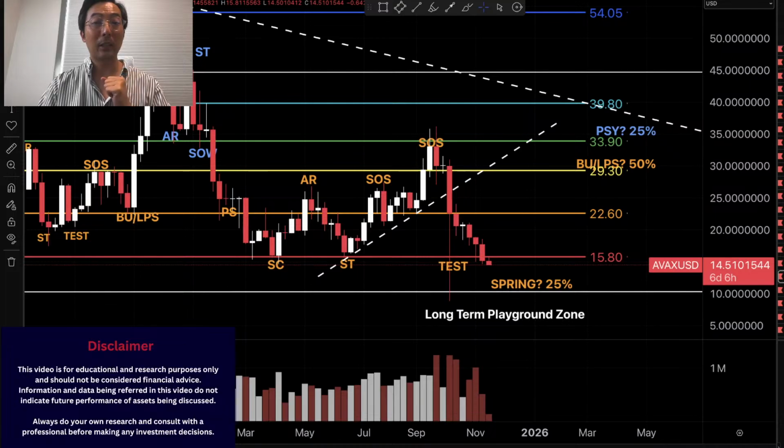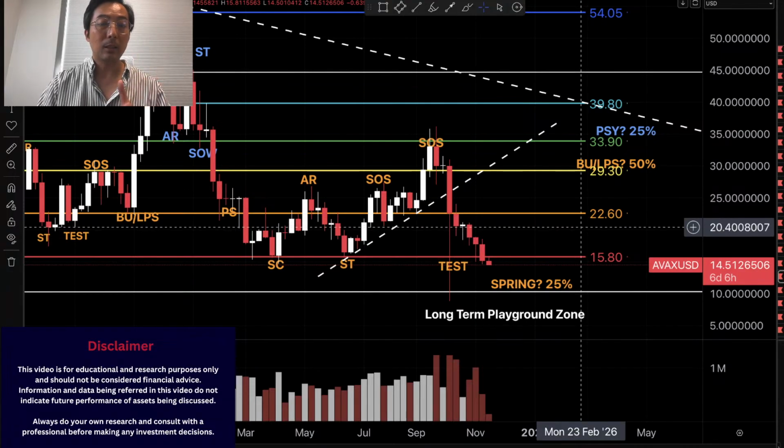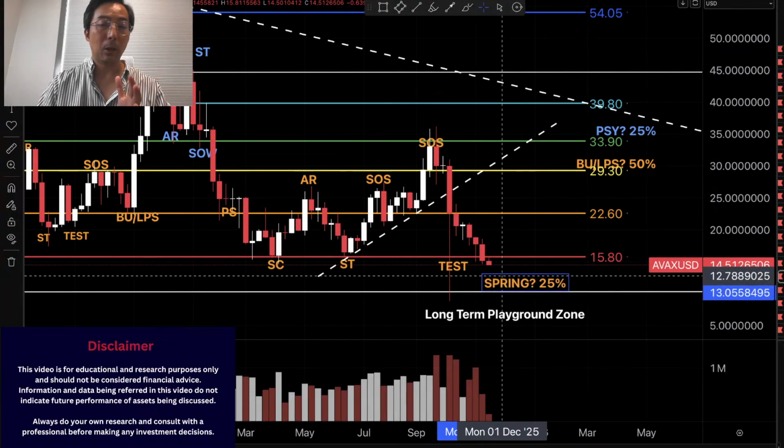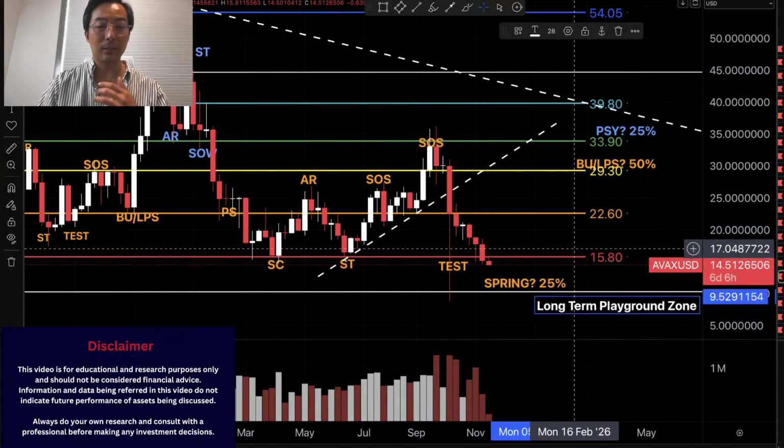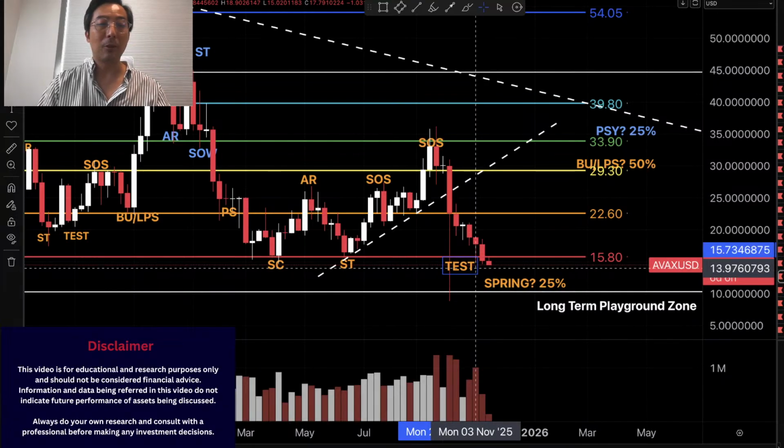So let's start with the weekly chart of Avalanche. And when we get to the daily chart, we'll be able to see more details. So let's start off with this question that we posted a while back, maybe last or the session before last. It's pretty much confirmed that